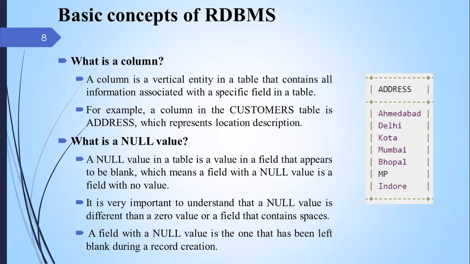I'm saying no value. No value means not zero. Zero means something is present over there, but I am going to say there is null. So sometimes it may be possible in the database that there are no values at particular entries or at a particular place. It is called the null value. It is a blank.